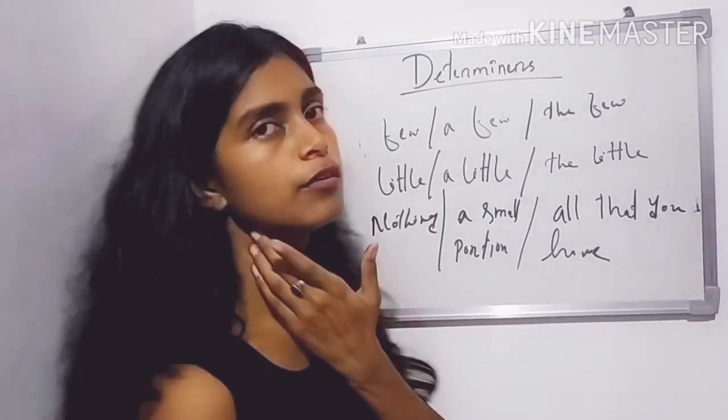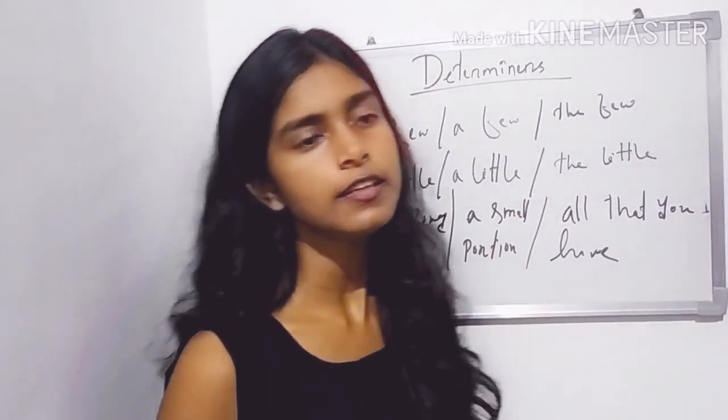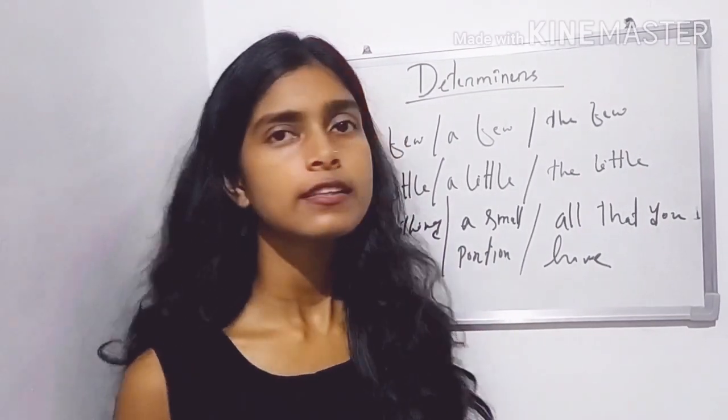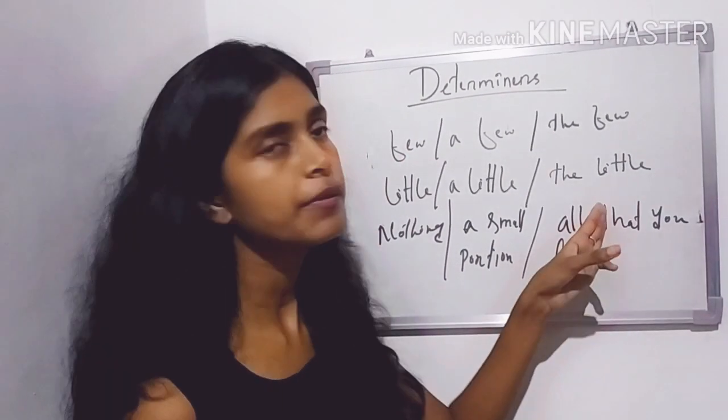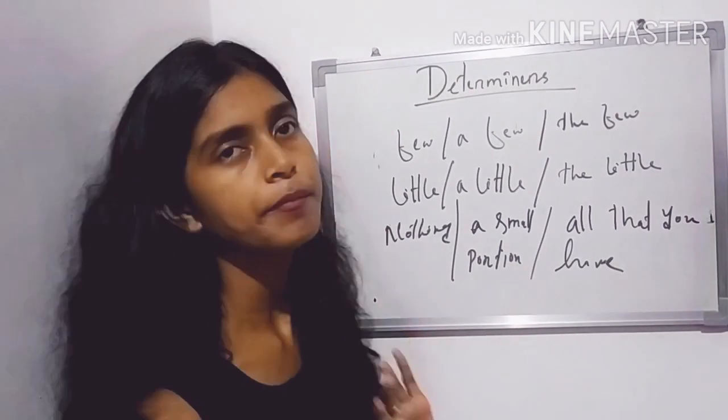And a little when we have to tell about small portions, like give me a few money, give me a little water. Then the few, the little, is for things that are available. Like in a cup there is some milk, and we need the whole milk. In that case we will use the little. Give me the little milk that is in the cup. So you can see that meaning wise, few and little are the same.